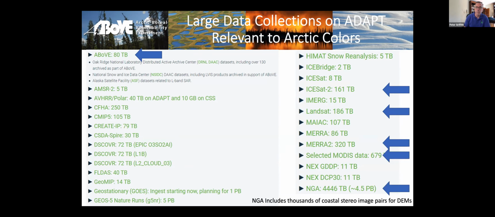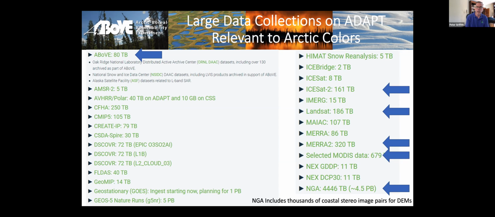The MERRA and MERRA-2 reanalyses, I suspect, would be very useful. This says select MODIS data, but in fact, Goddard also has the MODIS Center, and any MODIS data from any time period are available to be provisioned to an investigator.